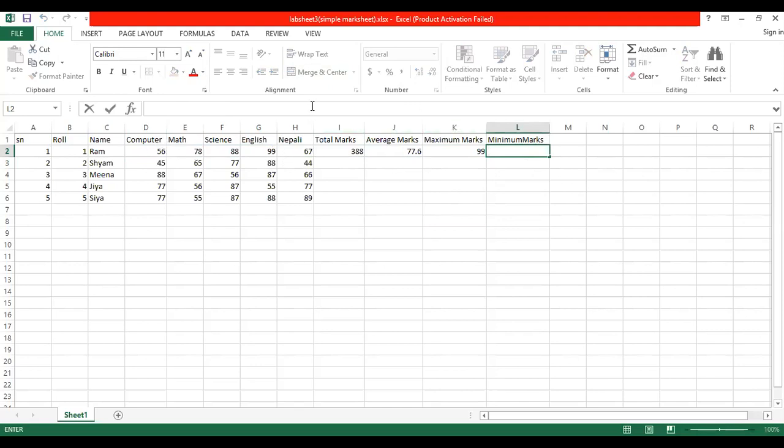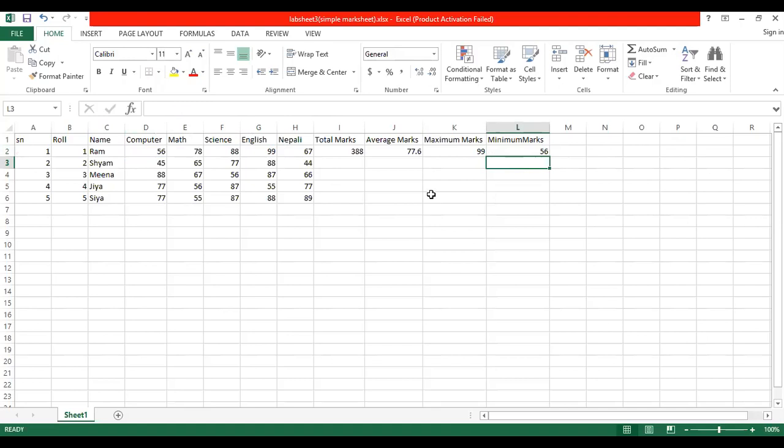Now you have to find out the minimum marks among this one. So which function do you have to use? I hope you know. That is the Min function you have to use. Bracket again. The first cell address of 56 is D2. You will do D2. Then the last cell address is H2. Enter. So 56 is the minimum. By this way you can do calculation using functions.